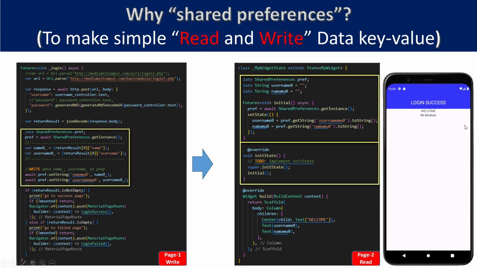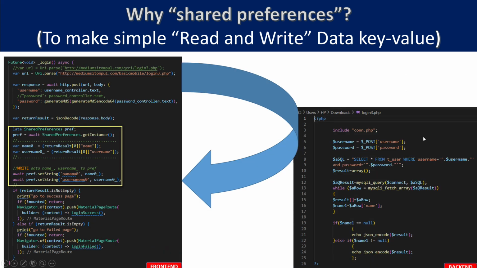This is the result on the Flutter screen. To make it simple, as I have mentioned before, we send this data to the backend, and it returns back from the backend script to the front end. On the front end, you make a splitter. You split the username and also the name and set to the shared preference.